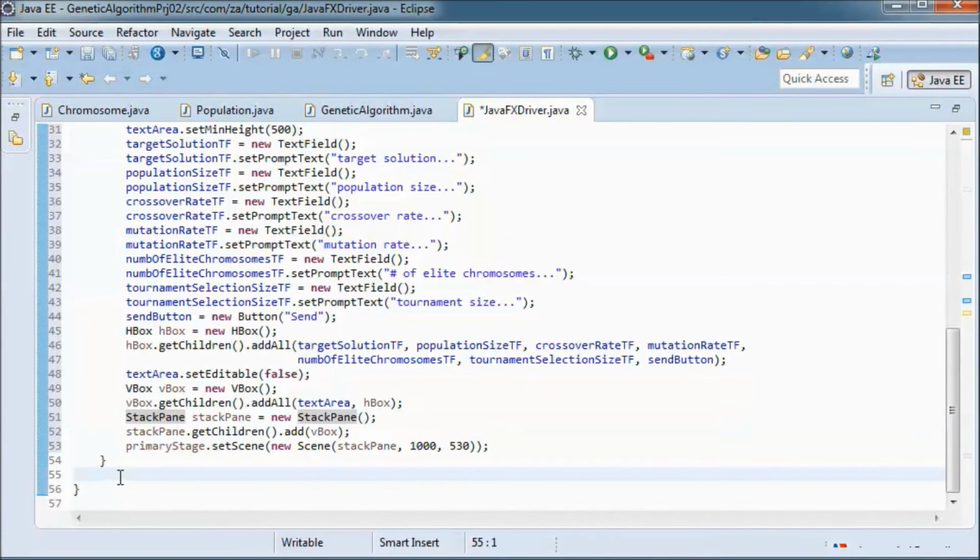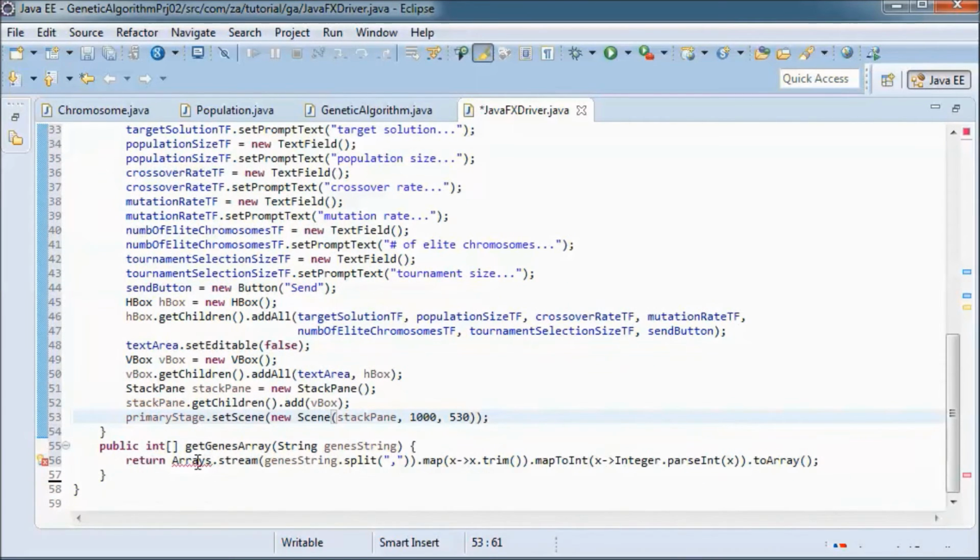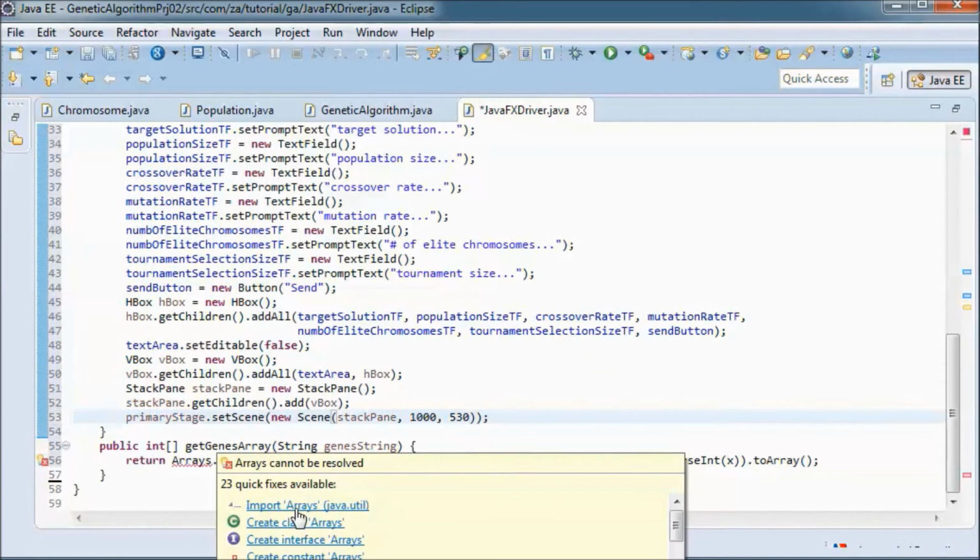And the target gene will be entered as a string by the user, so I have to turn it into an array.